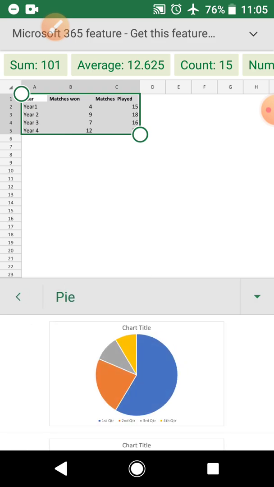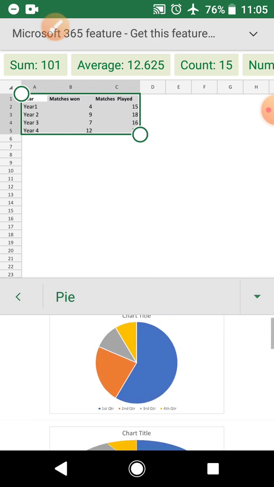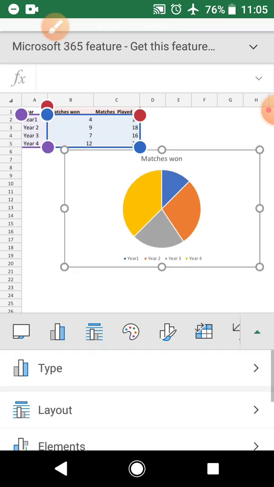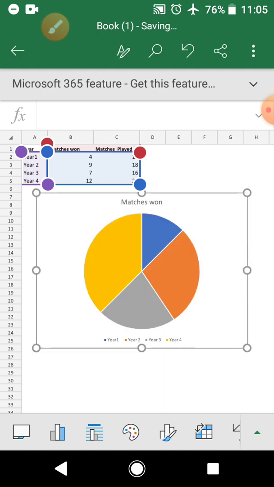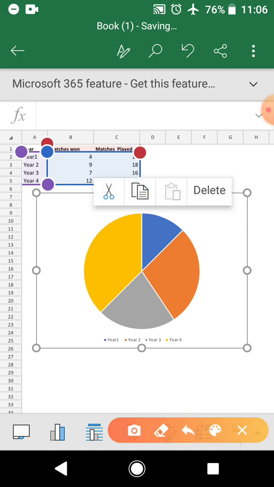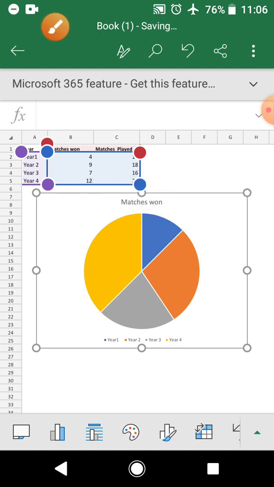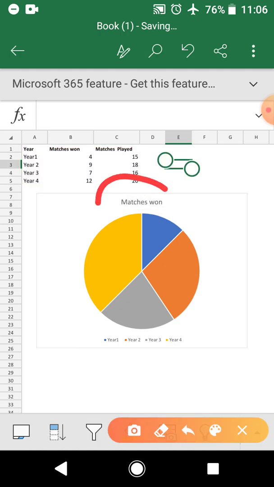I am very comfortable with the first one. Okay, you can select whichever seems right to you. All right. So now let me tell you first, this pie chart is used to plot data for a single data series only. As you can see here, it is just showing the matches won. So if you can see, it is plotting the data for a single data series. It is showing the matches won only.